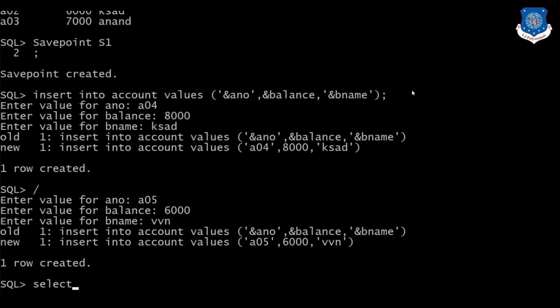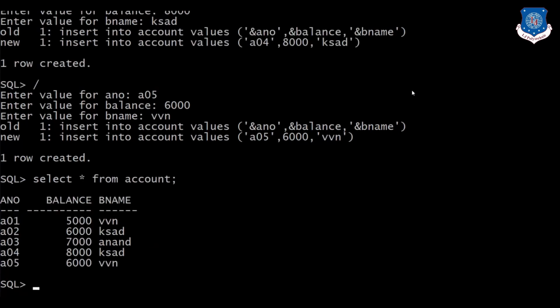Now let's have a look at the table. So we have 5 records in this account table.